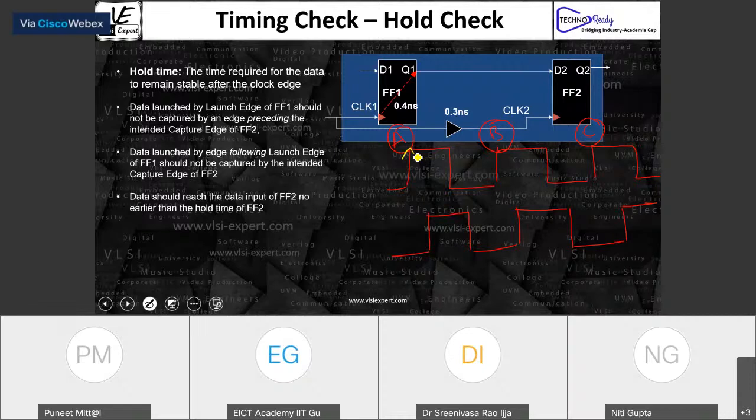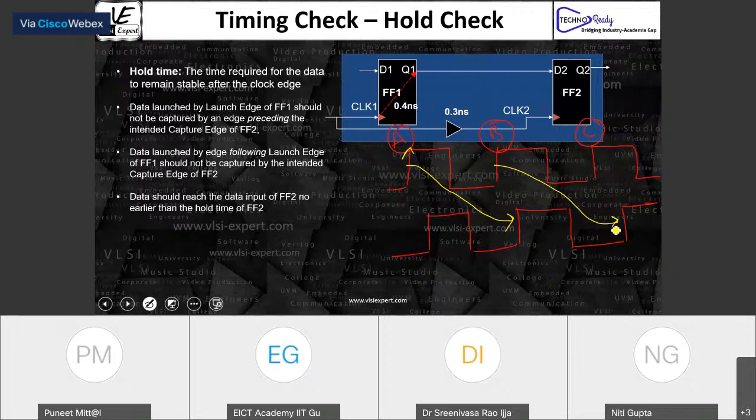So we usually talk about the edge. What is a setup edge? What is a hold edge? I'm just trying to explain this from the edge point of view. For the data A, the edge is this. That means you're going to launch it from here, you're going to capture it here. You're going to launch it here, you're going to capture it here. And similarly the C, you will launch it at maybe some other edge.